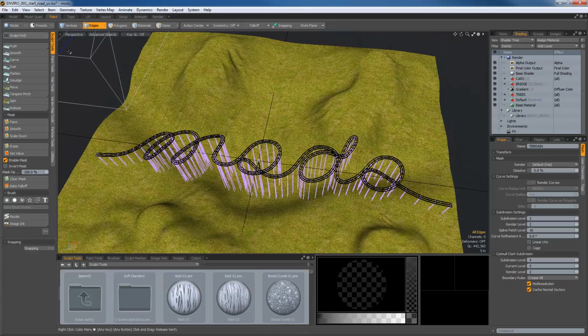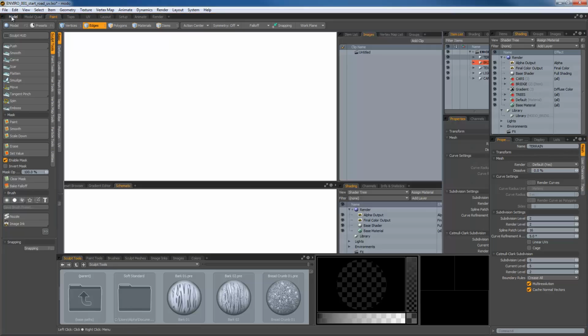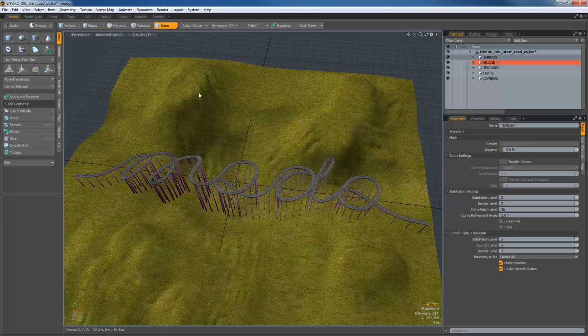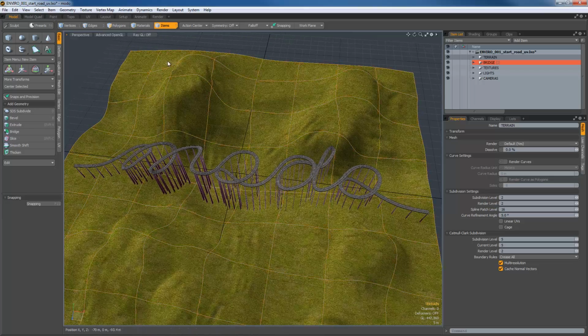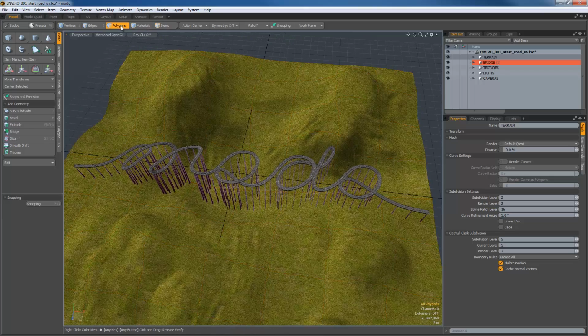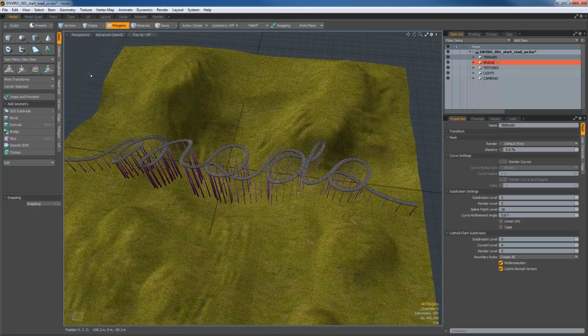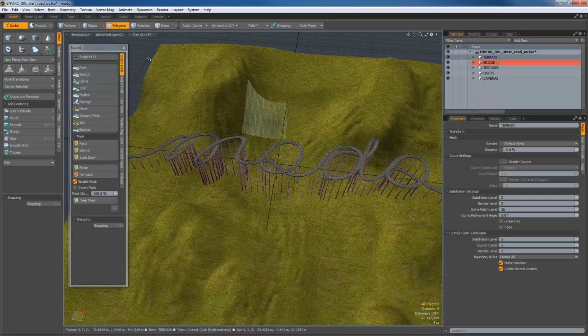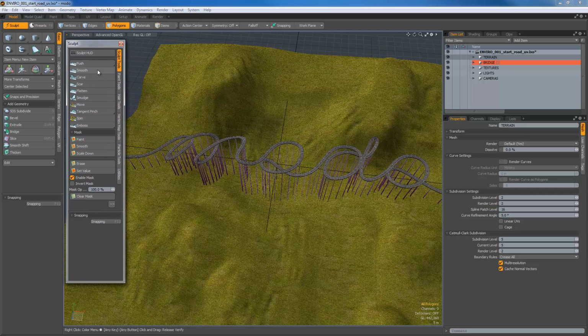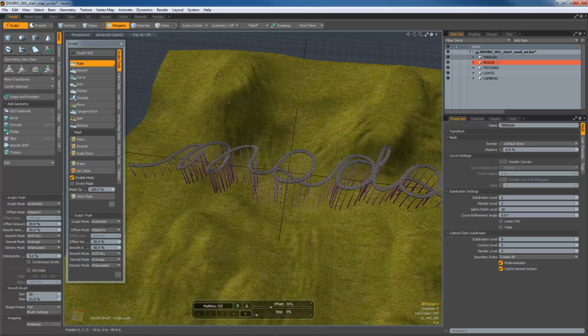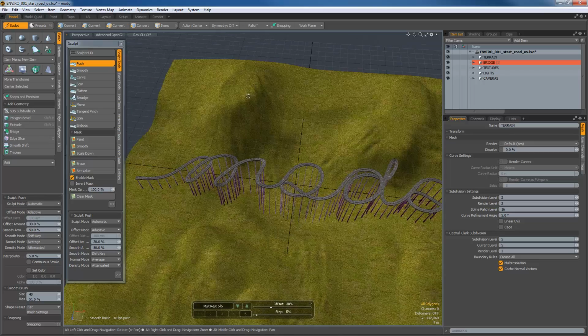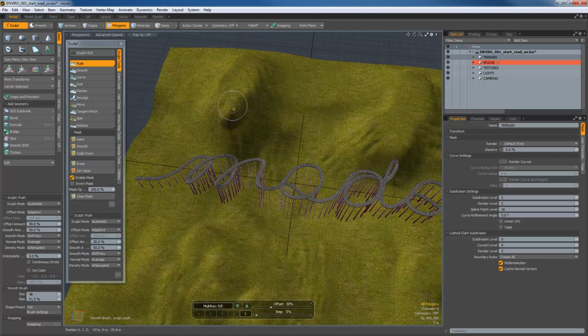But when I'm just adding some bumps and hills on top of the terrain, I tend to stay in the model section just by selecting the terrain in the item mode. Can switch to polygon selection, and then if I press F3, Modo will bring up the actual sculpting tools anywhere where you are currently in any layout, and you can use them. So just by dragging around, now the